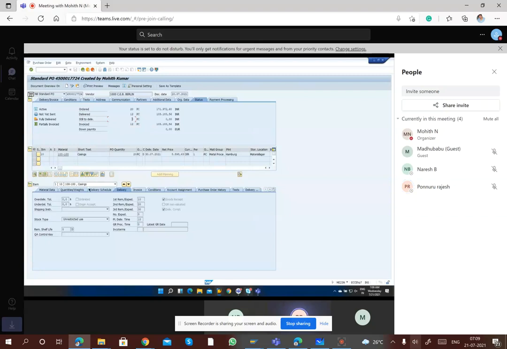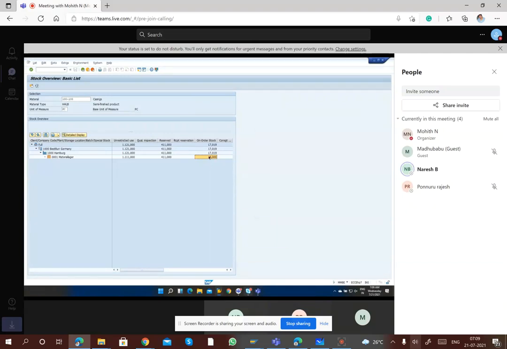Now we will see what is happening in the MMB screen. So here it is still showing 8 quantity, right? Still to be delivered. If I refresh this, this will also get into 0, and even the quantity here is reduced by 8 quantity. Earlier it was 17.019, now it reduced by 8 and became 9.019. Okay, so in SAP you have to remember one thing: comma is treated as full stop and full stop is treated as comma. Okay, clear?